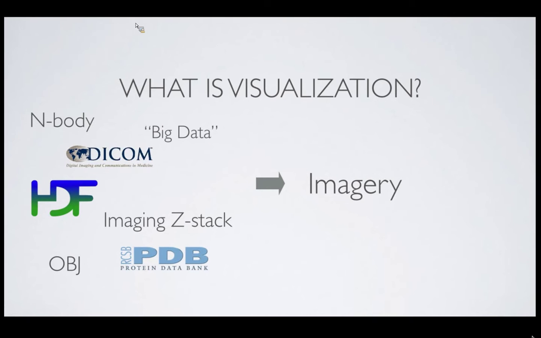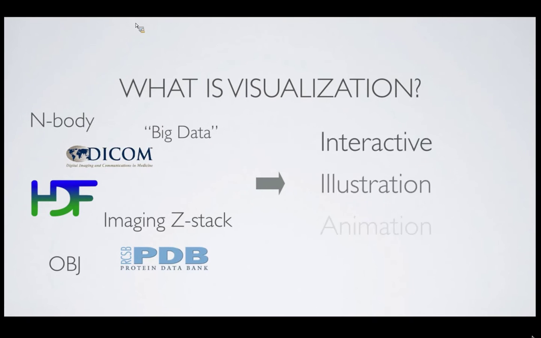And then in terms of what we can generate from it, it's typically something that falls into one of these three categories: interactive visualizations, illustrations, or animations. And so I'm going to talk a little bit more in depth about each of these three categories. I've ordered them kind of in the same order that you might find that you need them through this sort of normal research pipeline. So typically you might start by needing interactive visualizations, and then later on when you've made discoveries and you've got something you need to communicate, that's when you typically might need an illustration or an animation. So I'll get more into that in a second here.